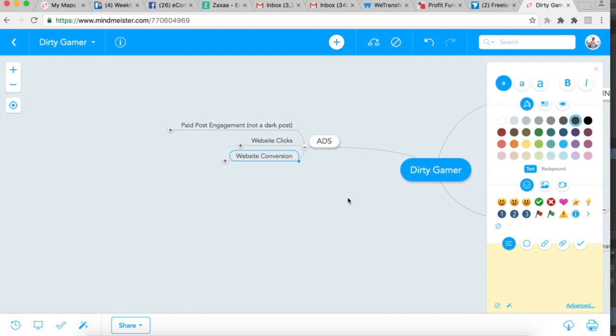The whole point is I'm going to show you the paid post engagement, posting on your actual page, and it's not a dark post, and I'm going to run an ad to my post engagement. But the same process happens whether you're doing website clicks or website conversions. The only difference is you're just changing up what you're running for. So for example, if you're running for clicks, just get clicks. And if you're running website conversions, just put your conversion type to be purchase.